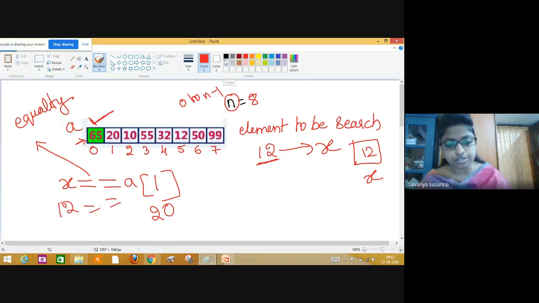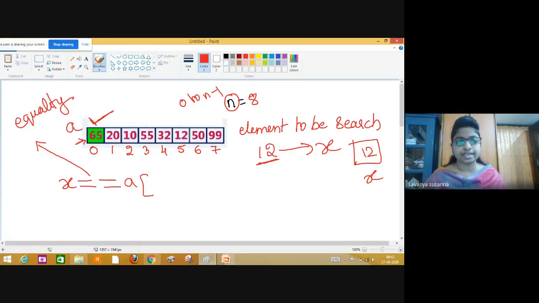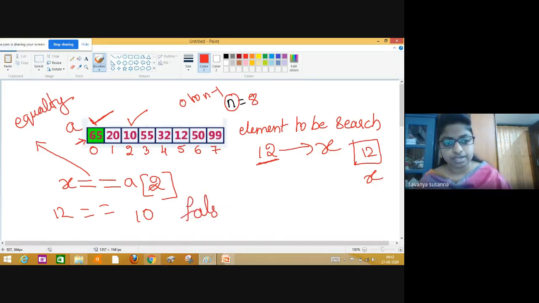When it is false, you need to compare with the next element. The next element is 10. What is the index of 10? A of 2 is nothing but 10. 12 double equal to 10. True or false? False. When it is false, you need to compare with the next element. What is the next element? 55.